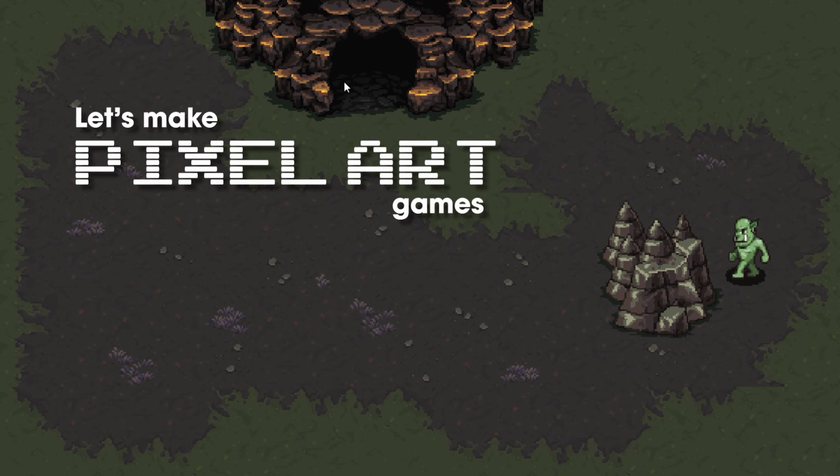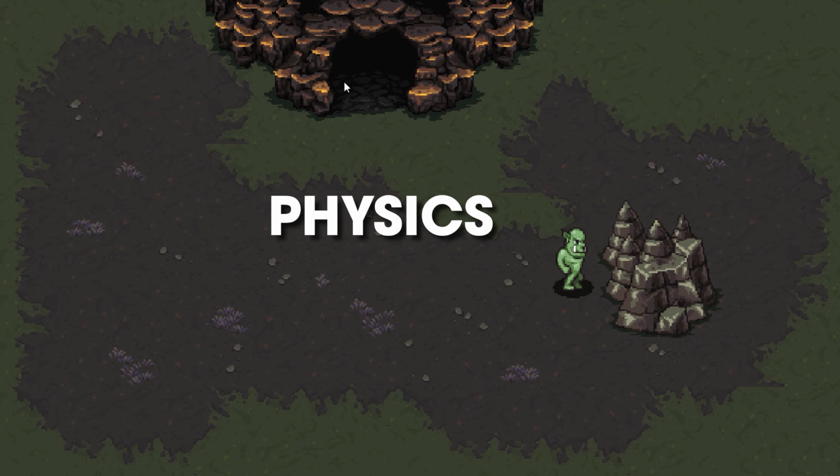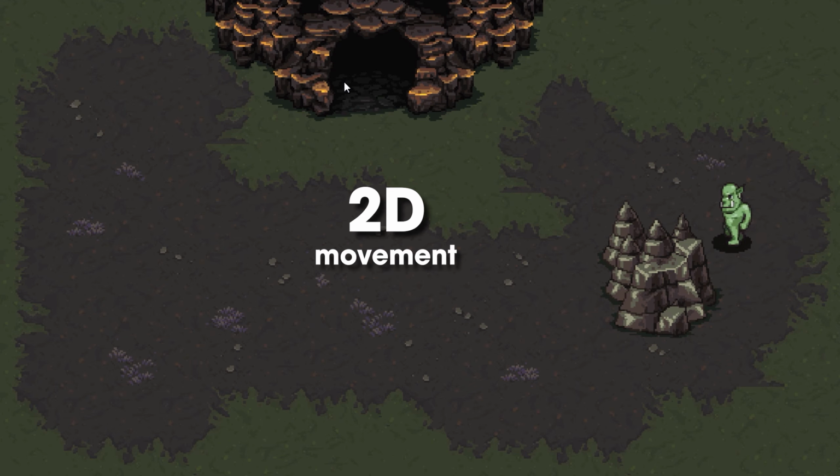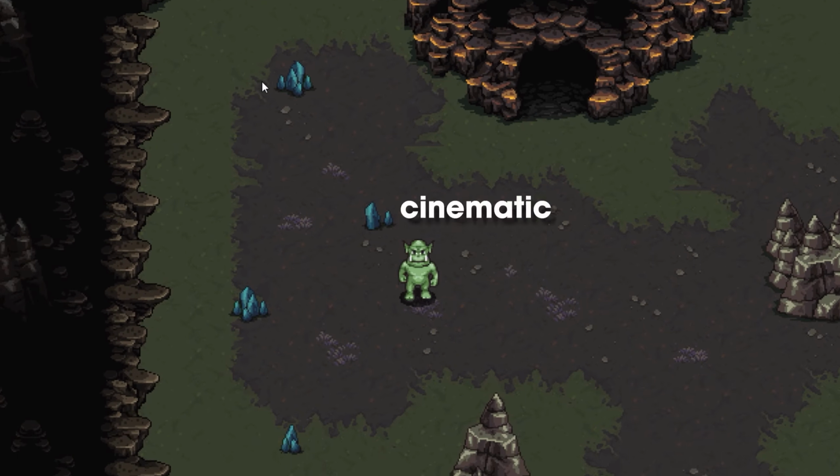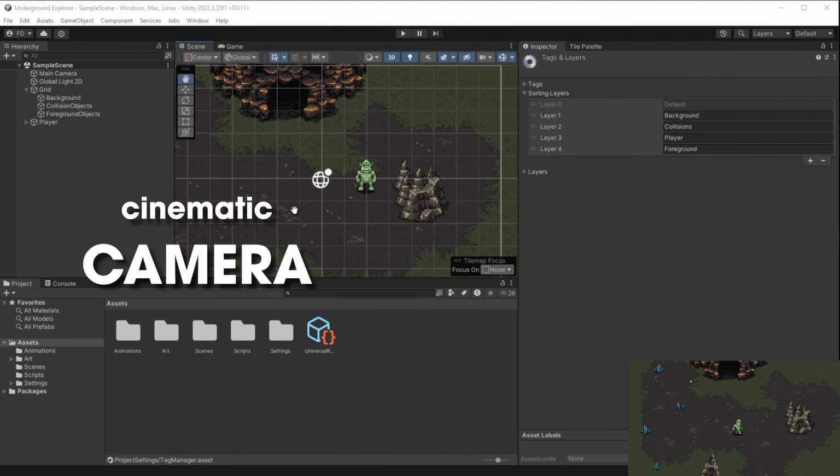In the first episode, we designed and implemented a keyboard-controlled player character, and we learned how easy it is to add physics to the game if you understand the fundamental rules of 2D movement in Unity. Let's expand the game map, make it larger and more diverse, and implement a cinematic, pixel-perfect camera to follow the